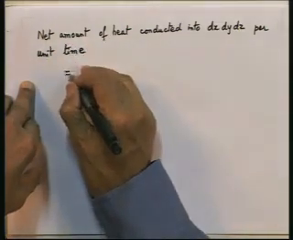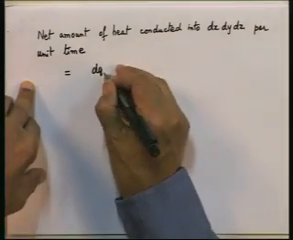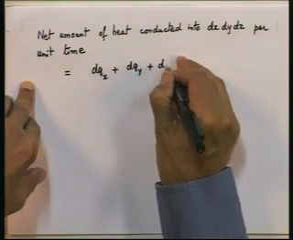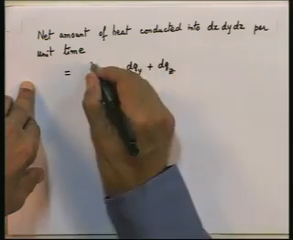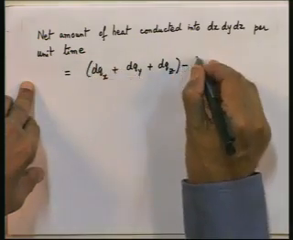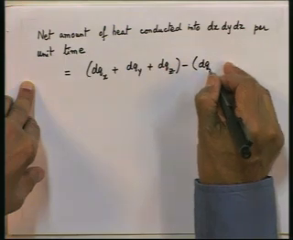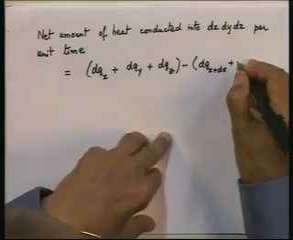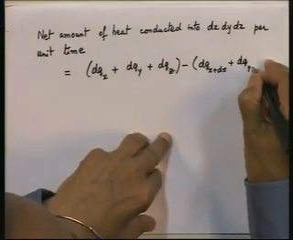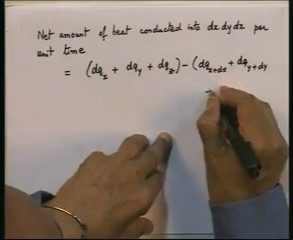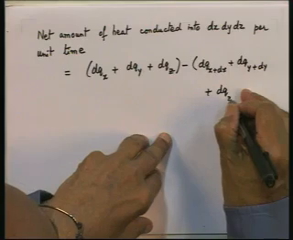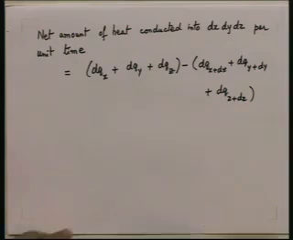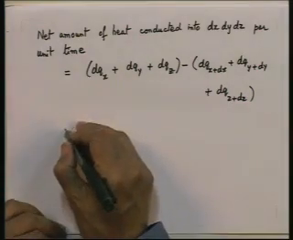per unit time will be equal to dqx plus dqy plus dqz, this is the flow in, minus the flow out, dqx plus dx plus dqy plus dy plus dqz plus dz. Okay. And when we substitute the expressions we have put down earlier,